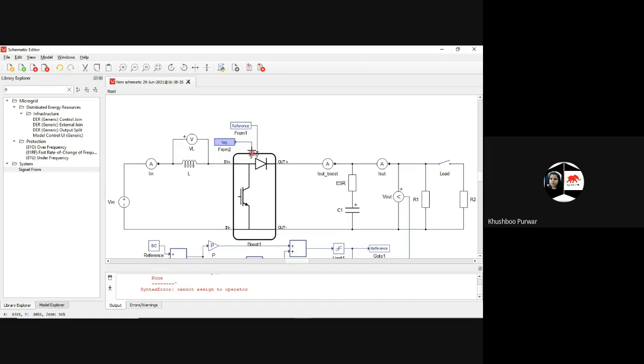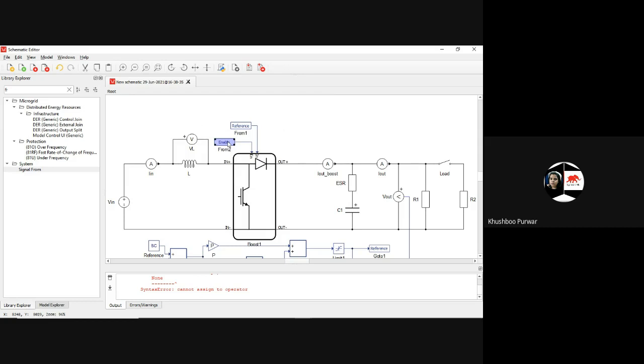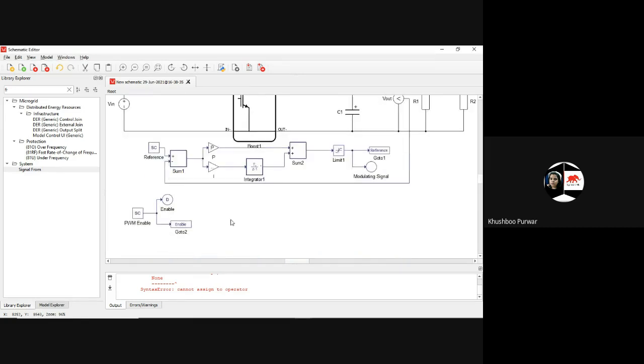Here I will give it to the enable part, tag it the same, enable, and make it global. So this will take from Go To. Have you seen? This is from Go To.